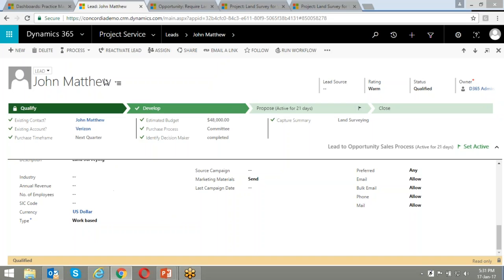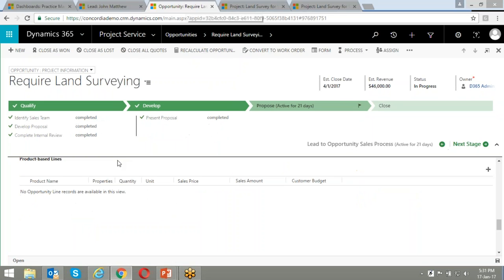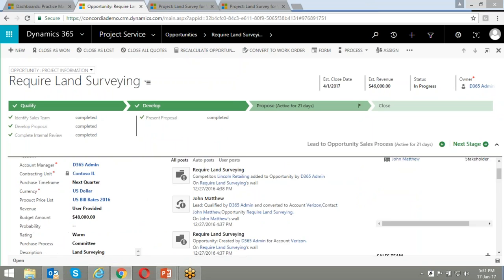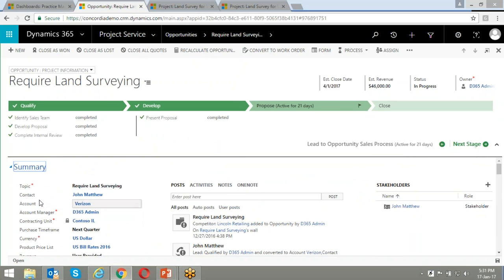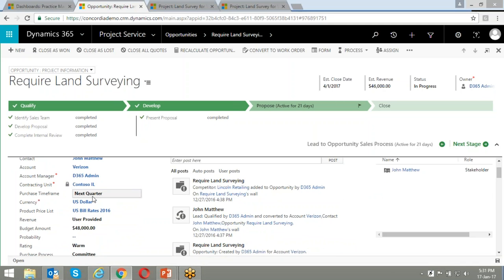Once a lead is qualified, and I have already qualified the lead, I can see that the opportunity is created. So I'll close out the lead over here, and here's the opportunity. The opportunity, which was qualified from the lead, John Matthew, has other further details which the account manager captures, like the contract, the time frame, and the currency, which is already populated from your lead,